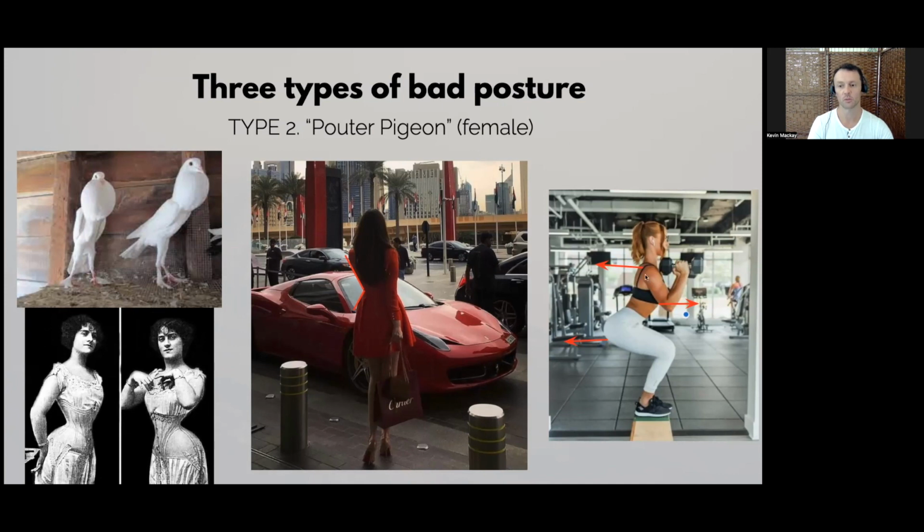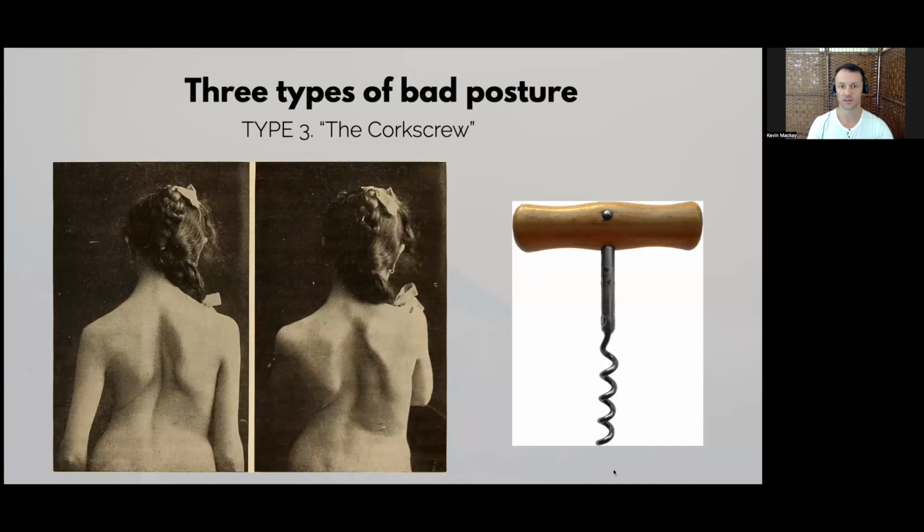She's probably not this extreme a curve when she's standing, but as she does the squat, she does more of what she's used to. So she's used to coordinating those three big movements together, or miscoordinating them. When she's doing something with stress, with weight, people just tend to do more of what they already know. So this is the third type of bad posture. Call this the Corkscrew. So this is a scoliosis,